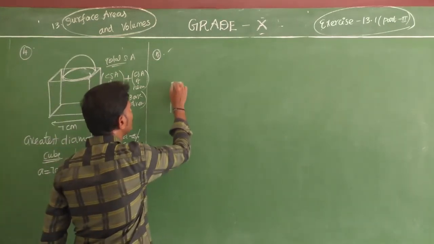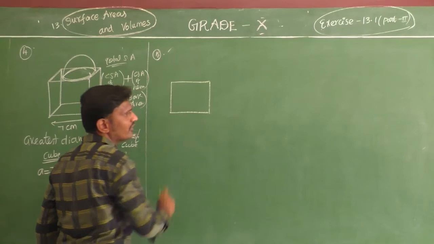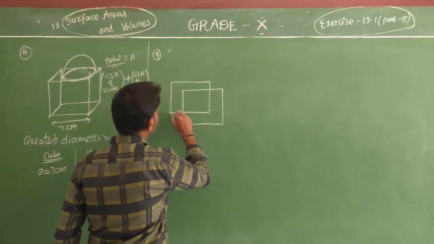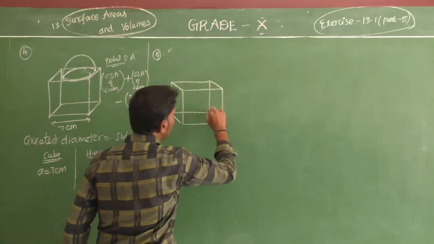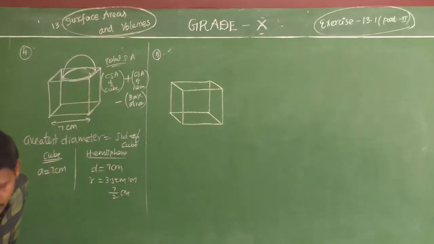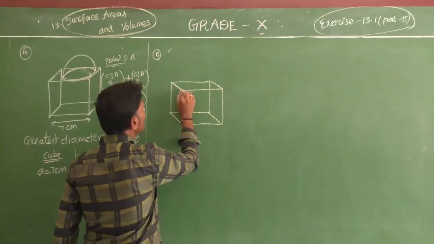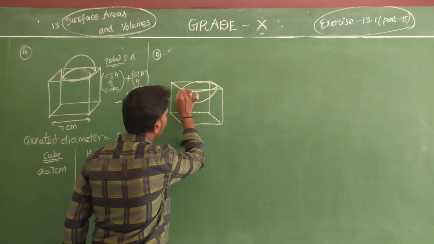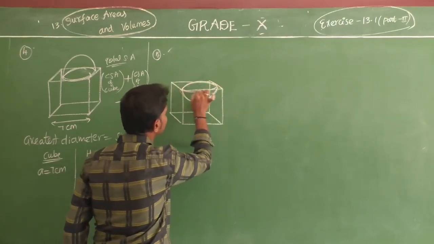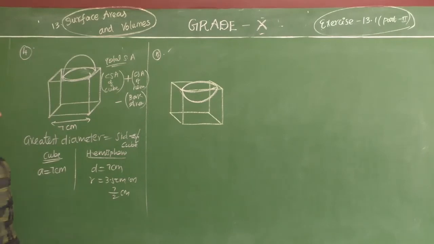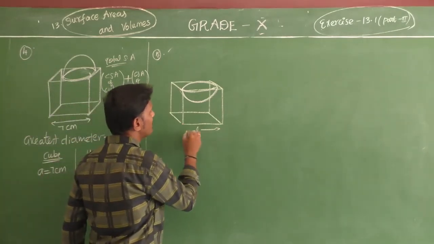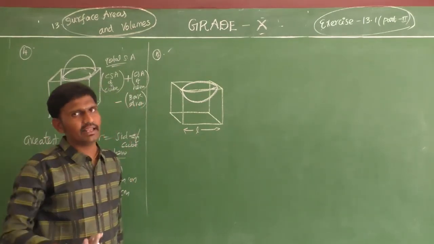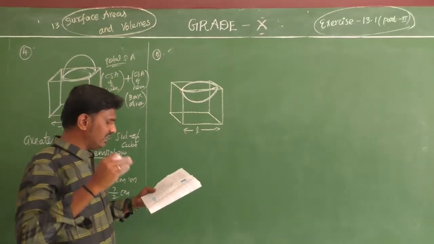And before that, I am going to give you the cube. Students, do you know how to draw the cube? Now you have to listen to me. Take two squares like this and join the corners to get one cube. In the cube, we want to draw the hemispherical depression. Depression means it is downside. Inside the cube, I am going to cut like this. And the side of the cube is L. They are not giving the measurements. It is simply L, the length of the cube. Yes, student. L. And one more thing.